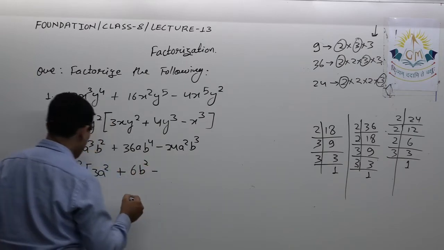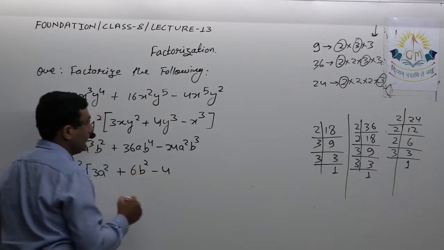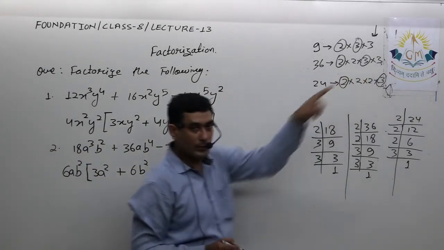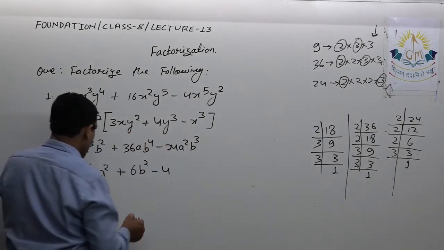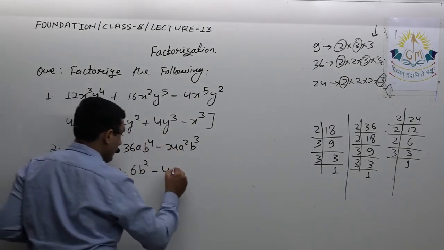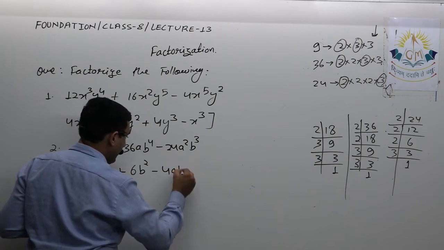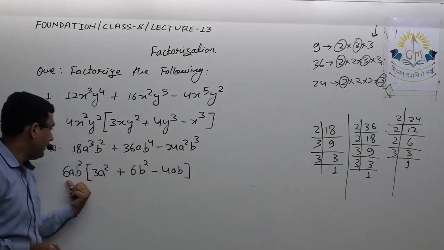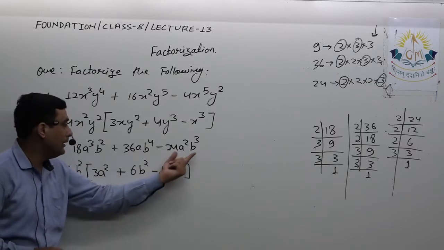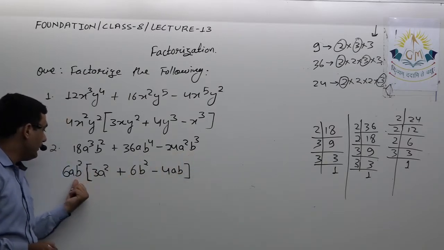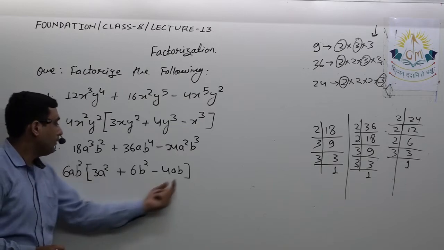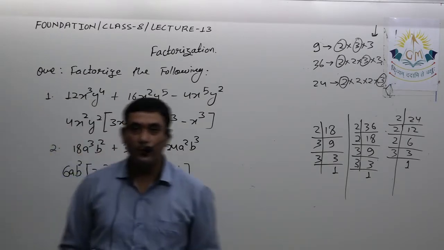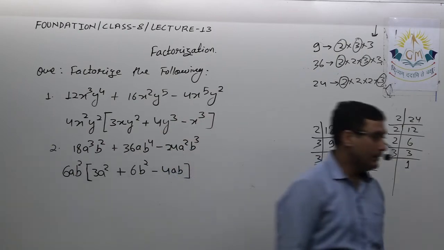Minus 6 has been taken common, so here it should be 4. You can see over here 2 into 4, as well as over here it was 2 into 3, 6. Now a square, so here I can write a and b. Because there are 2 a's, 1 a is taken common, so 1 a will be left over here. There were 3 b's, 2 b's were taken common, so 1 b is left. So this is the final answer. Please note it down, then we'll see the next question.